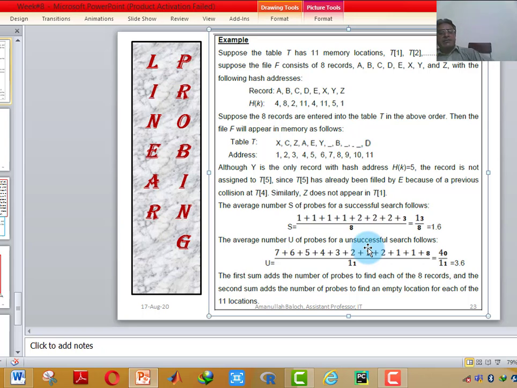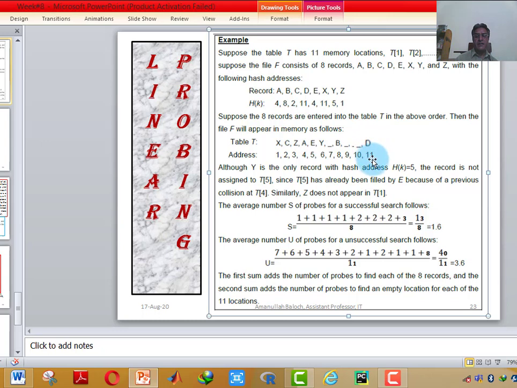And similarly, if the hash address of the next record is 8, 8 is occupied, so we will search onward and will get the ninth location blank, so it will take 2 unsuccessful searches to store itself. Similarly, if the hash address of the next record is 9, then it will store itself after one search. If the hash address of the next record is 10, the 10 is available, so at one unsuccessful search it will store itself.